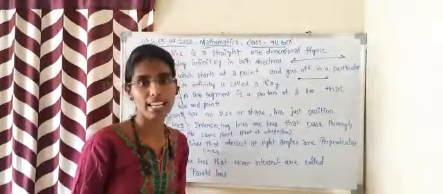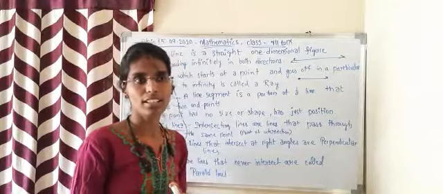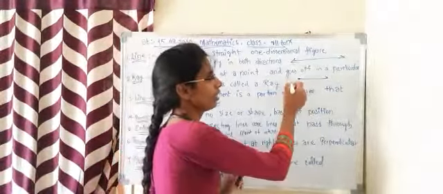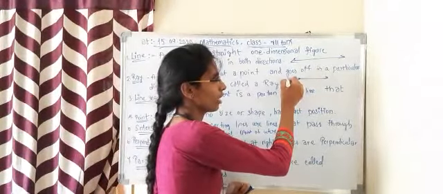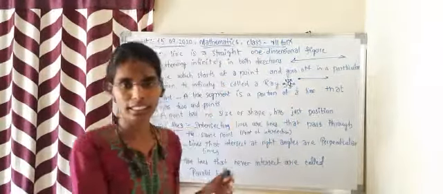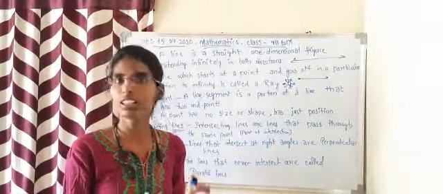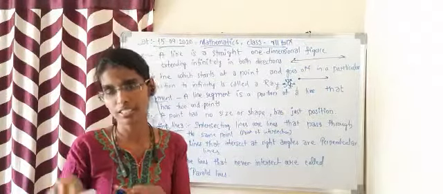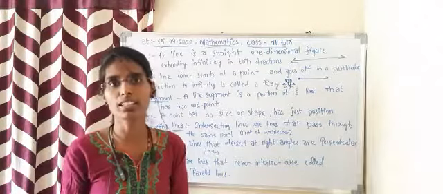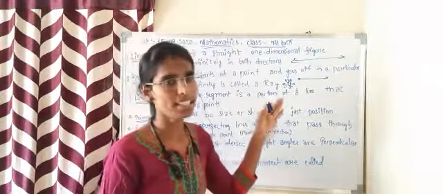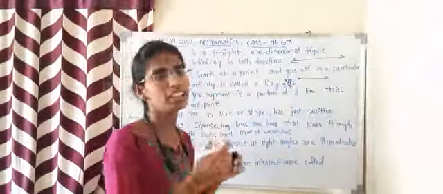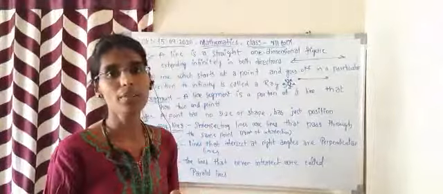For example, we call them sun rays. Why do we call them sun rays? Sun rays come from a source. I assume this as the sun. We draw rays in this way, right? That means we are getting it from a source and it goes to infinity. If we are here, then rays fall on us. If we dig the ground here, the rays go on there, so it goes to infinity. So one side has an end point and the other side goes to infinity. That kind of line is called a ray.